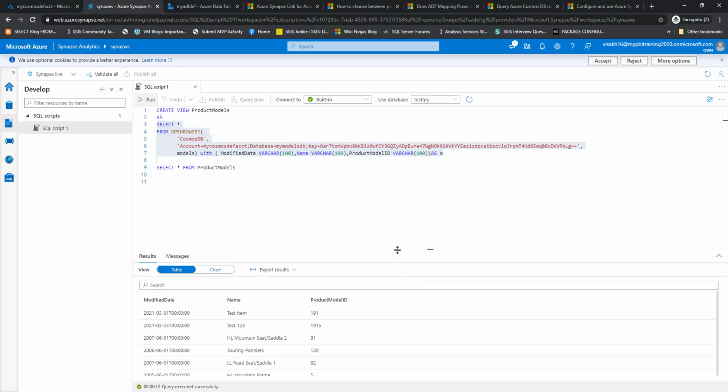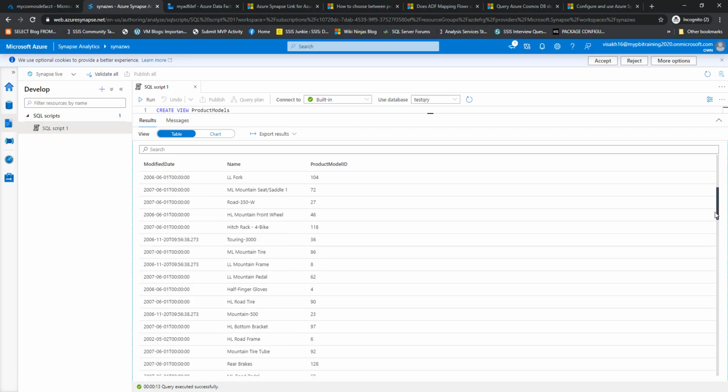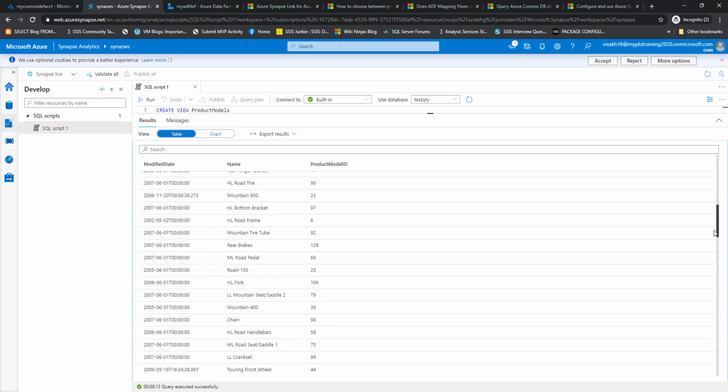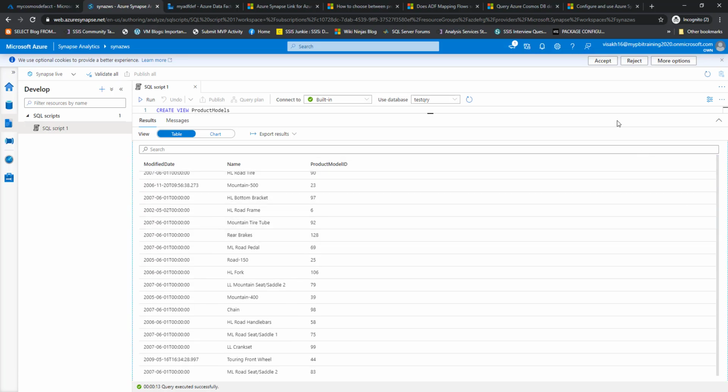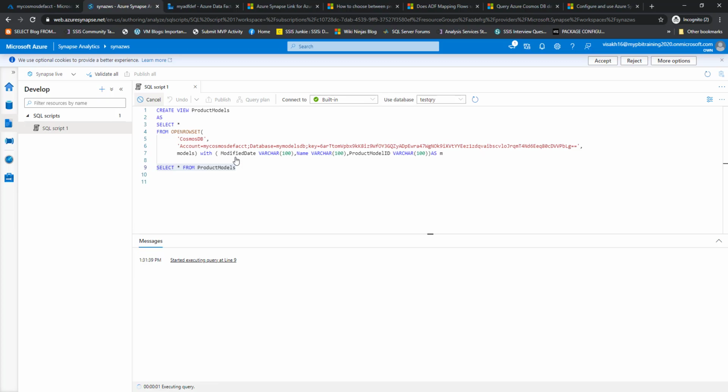So as you see, all the data that is inside your NoSQL Cosmos DB database is now available inside your Synapse Analytics. What we can do is go ahead and create it as a view by using a create view statement. Once you create it as a view, you can just call it like a view, select star from view name, and you will get the same data retrieved.